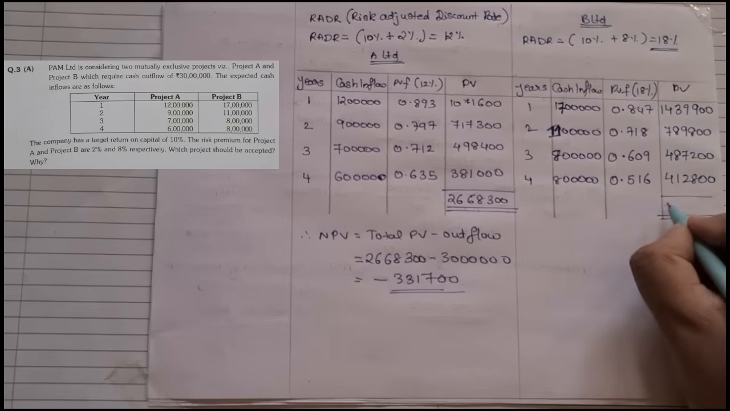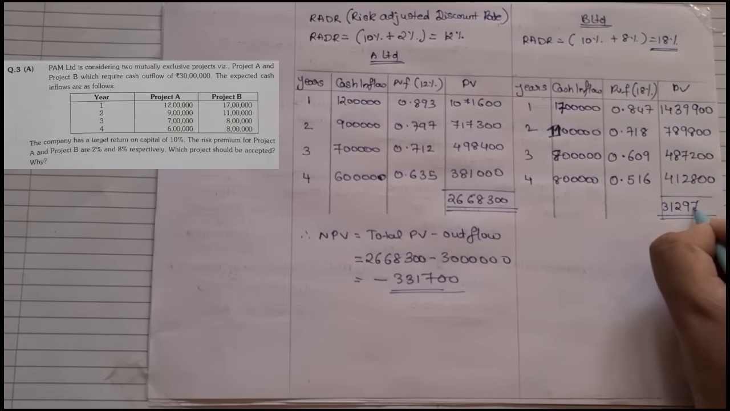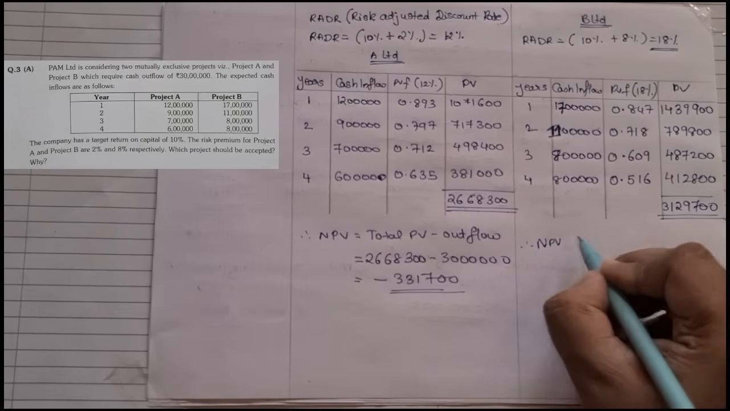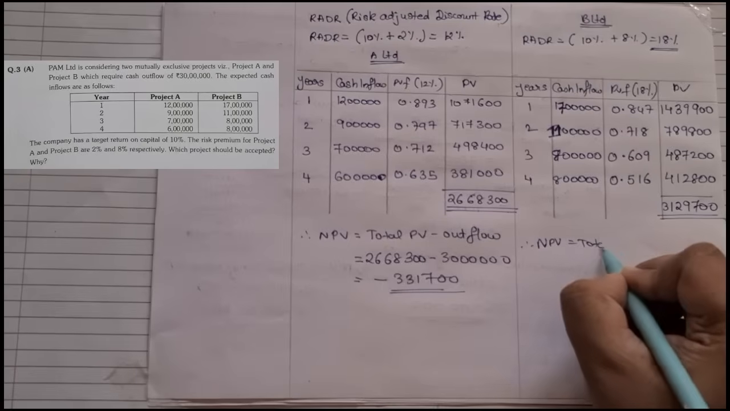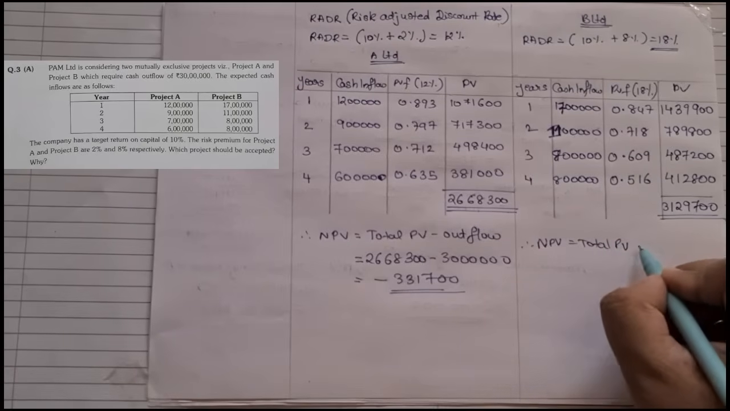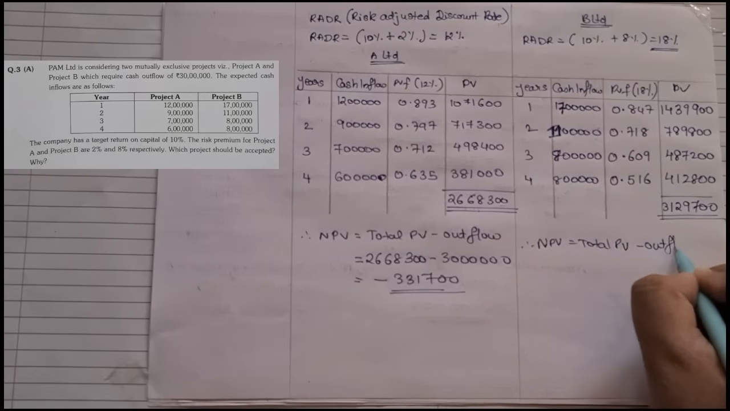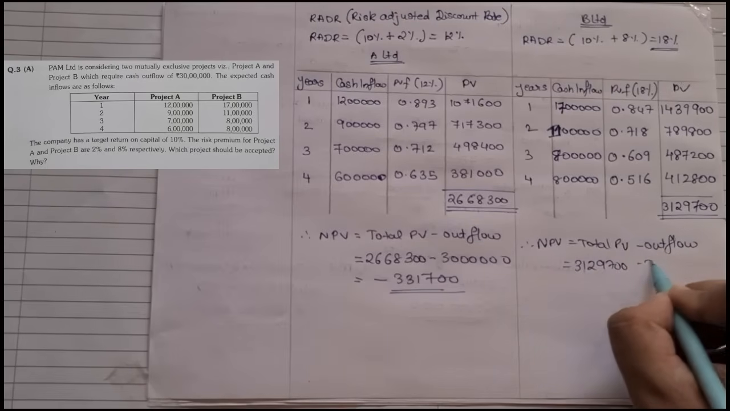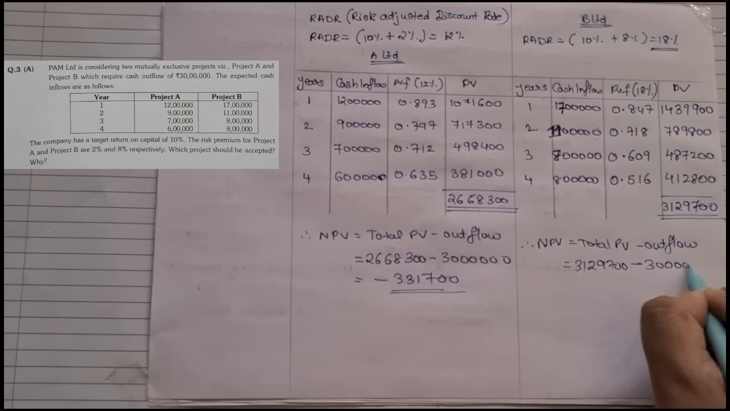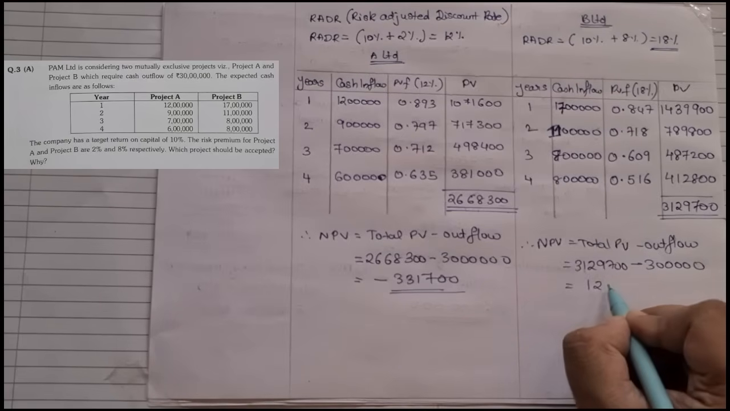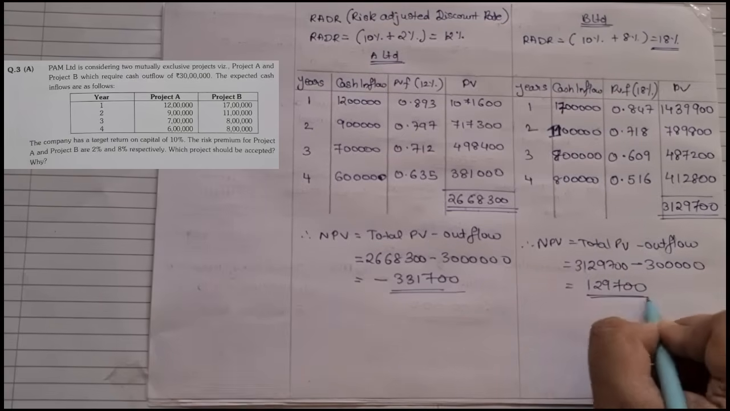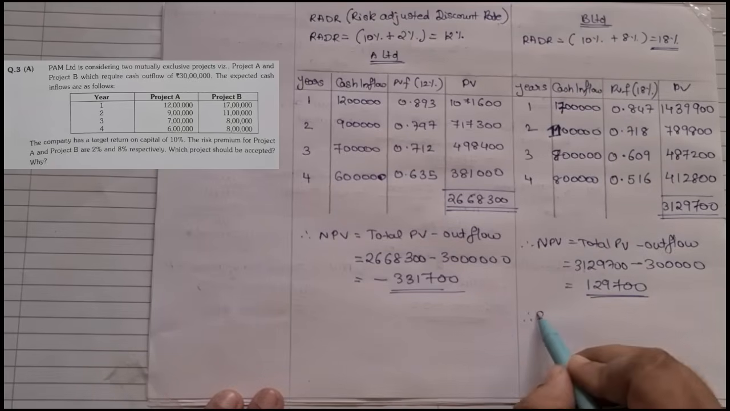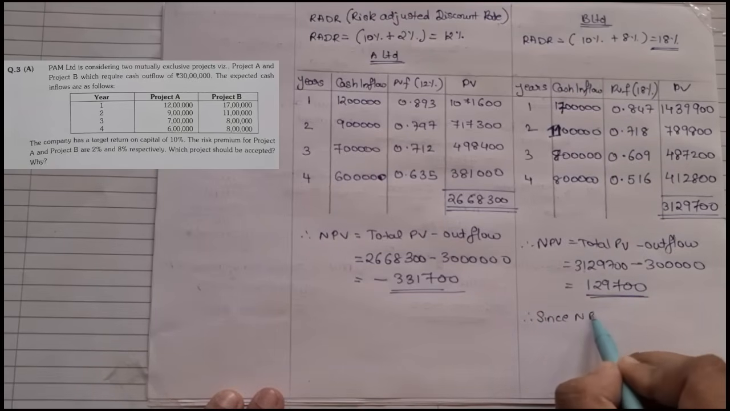Okay, total it up, it comes to 31,29,700. Therefore NPV is equal to my total PV minus outflow, which is 31,29,700 minus 30 lakhs, which comes to 1,29,700. It is positive. Now they tell you which one is better, so I'll write, therefore since the NPV